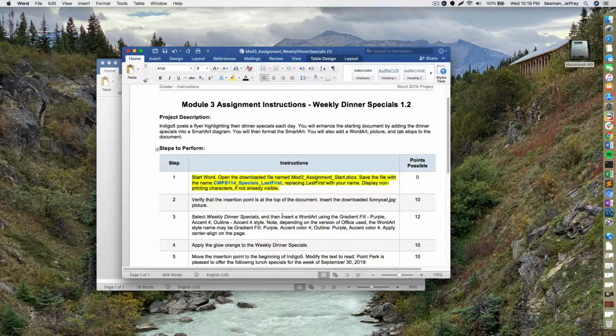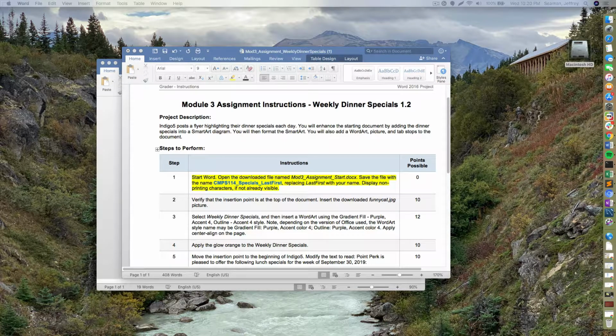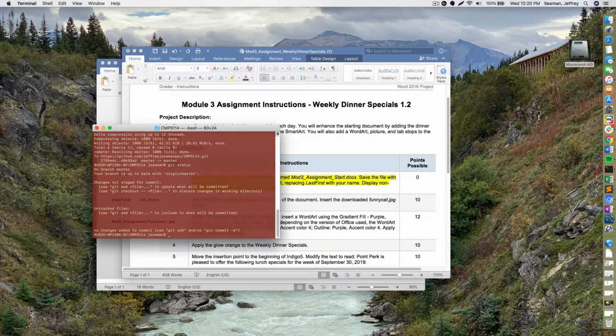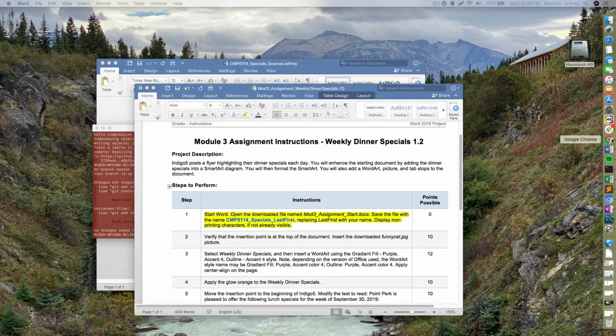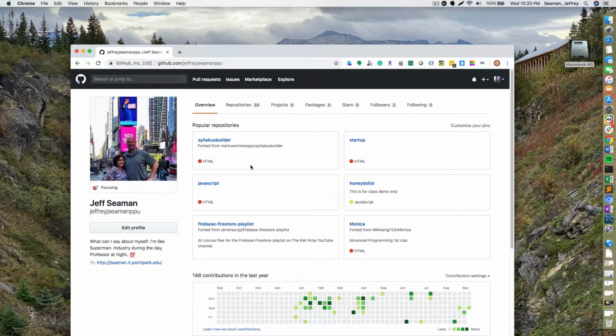All right, cool. Perfect. Now verify that insertion point is at the top of the document. Insert the document funnycat.jpg. Oh, so you need to download an image too. That image is not out there. Let's see where it's at. Back to that real quick. So if I go to